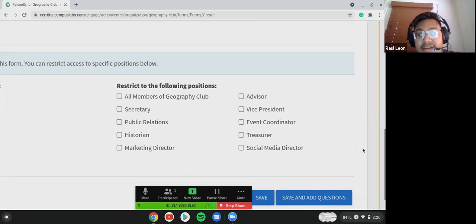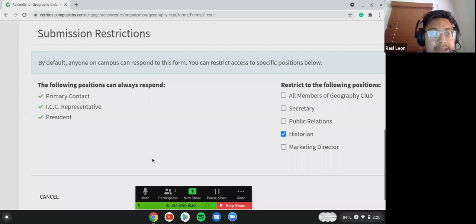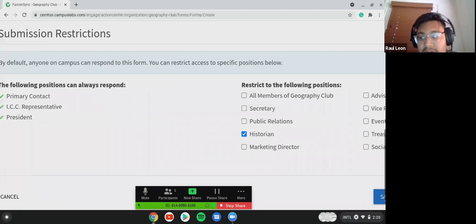So let's say you're making a form and you don't want your historian to fill it out. You can click here, and this person will not be able to review or submit that form. And then this shows that these people can always respond. These are the primary contact, president, and ICC representative. You can change that as well.